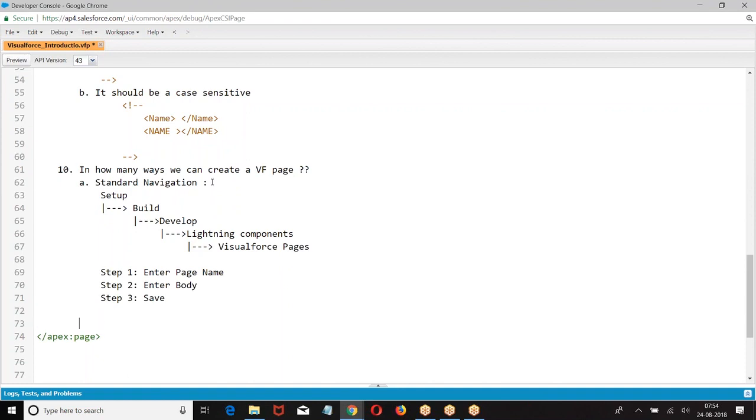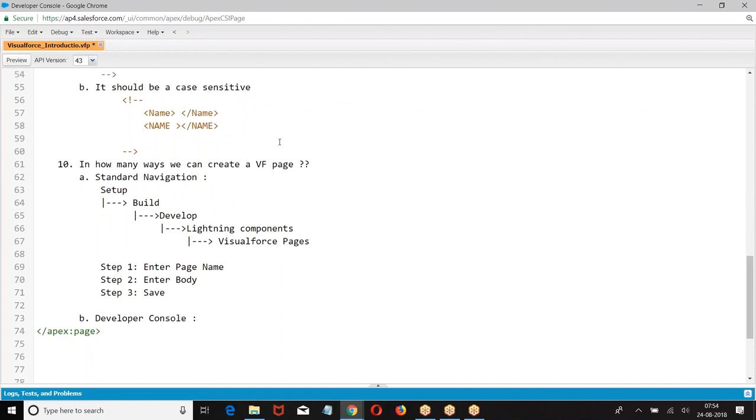Next, we can also build with the developer console. When I say developer console, how do you create?